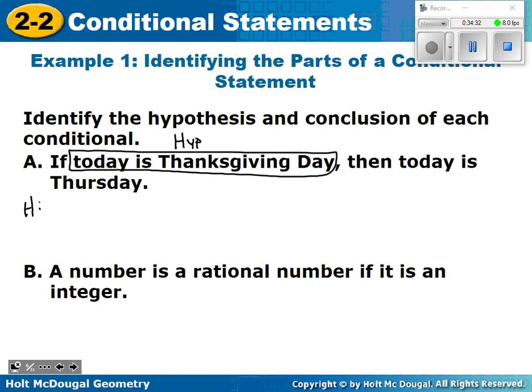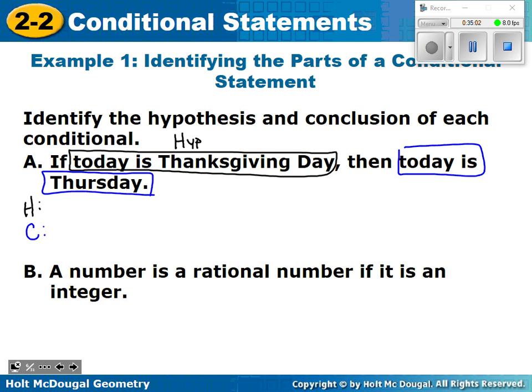Okay? And it says identify the conclusion. So C, what's your conclusion? And again, do not include the word then, so it's just today is Thursday. Okay? Hypothesis, conclusion. Pretty easy when it's in if-then form. But look what happens. Notice now this is not in if-then form, but it does still have what word in it? If. Find the word if. The part that comes after the word if is your